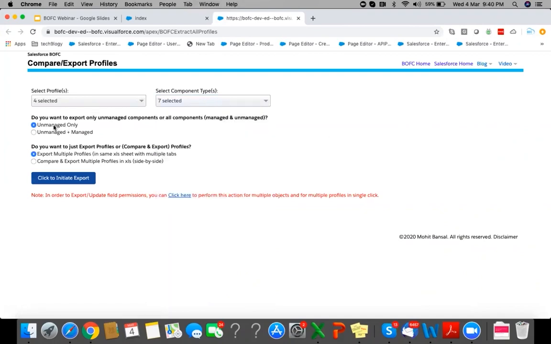The next is, do you want to compare unmanaged properties or managed as well? So what does this mean? Unmanaged means the properties which you have added manually in Salesforce. Managed means the properties which are incorporated because of some managed packages, third-party applications. The next is you want to compare profiles, and once you're done with the configuration settings, just click on